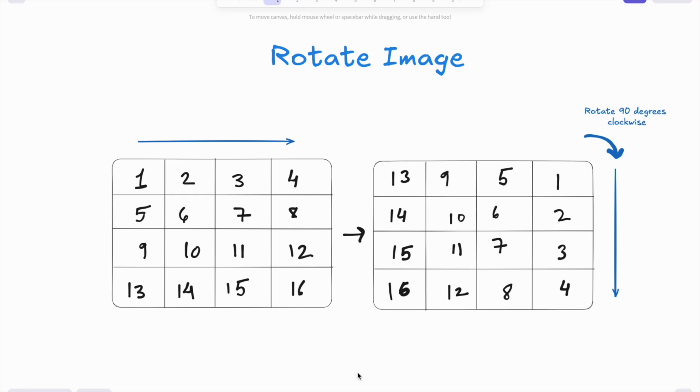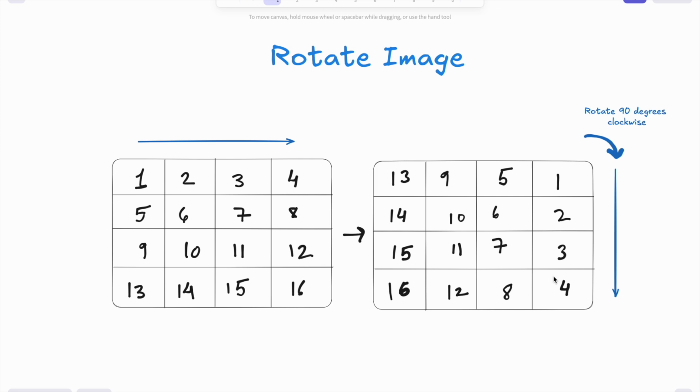Hi guys, we are solving this problem which is rotating the image. As you can see, we have a 2D matrix and we want to rotate it. So 1, 2, 3, 4 over here becomes 1, 2, 3, 4 this way. 4, 8, 12, 16, this column goes over here as our row, and basically all of the elements are rotating themselves like that.